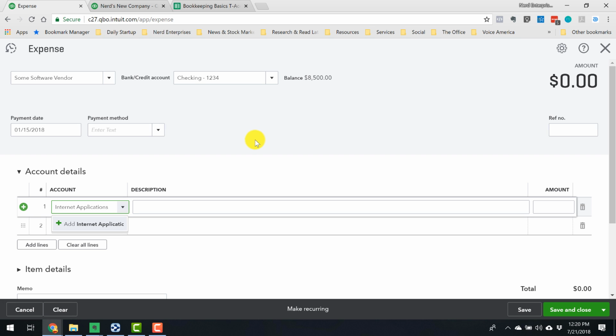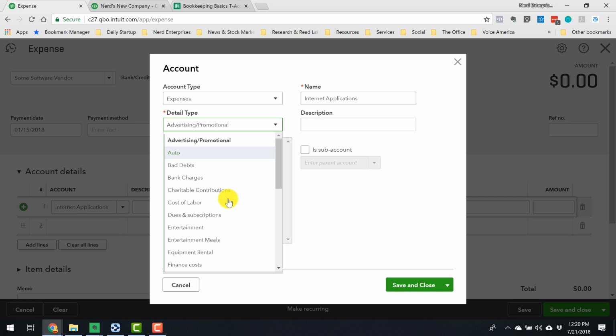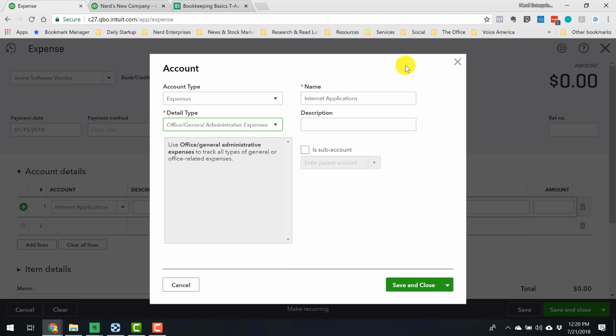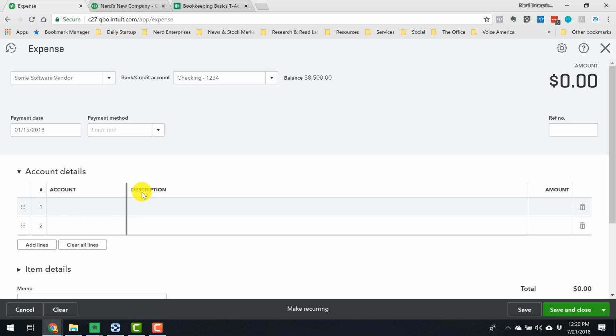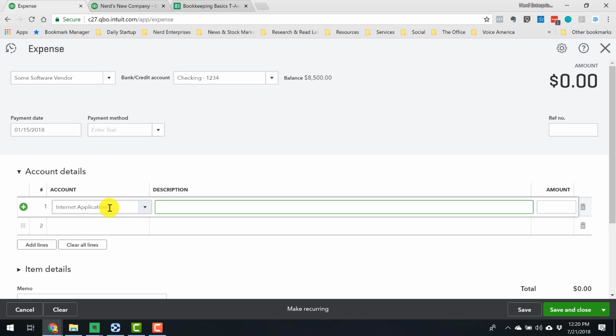I don't, so we're going to add it real quick. It's going to be an expense account. This I'm not going to worry about too much. Save and close. So if you don't have the account you need, you just saw how easy it was to